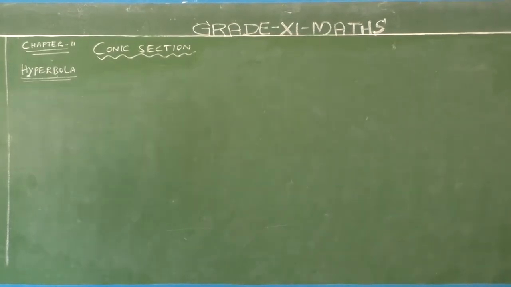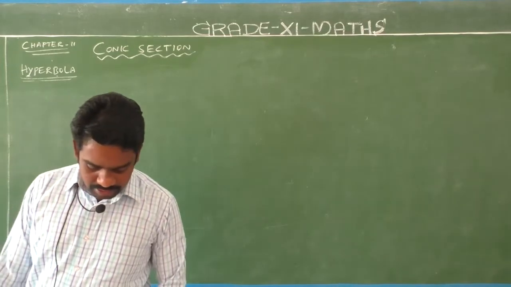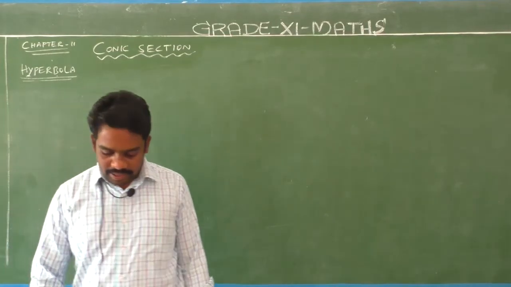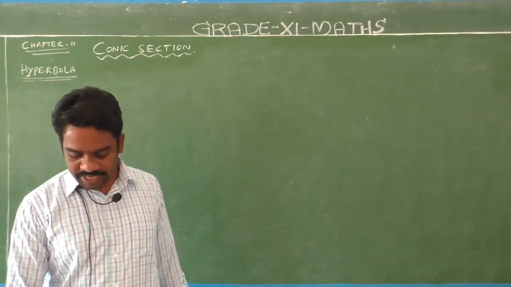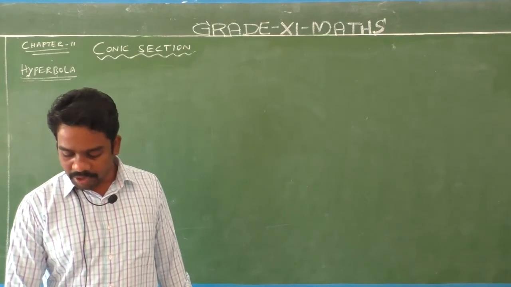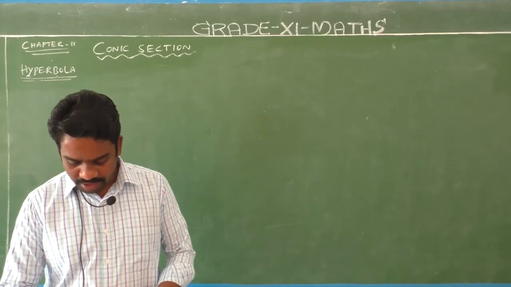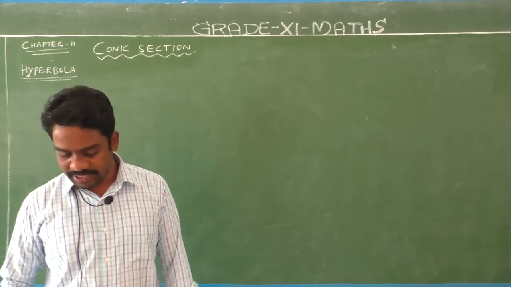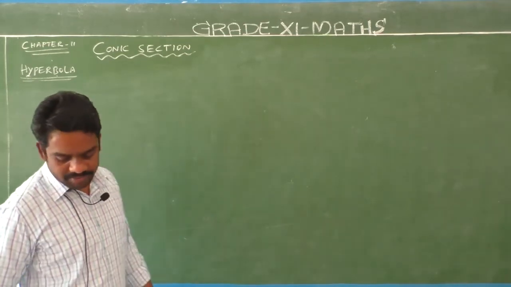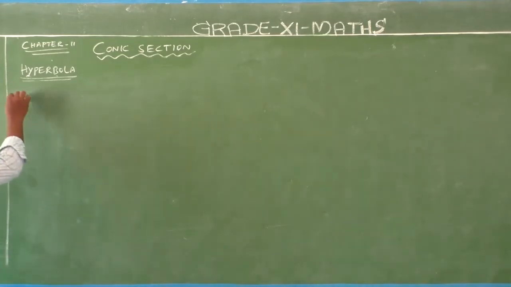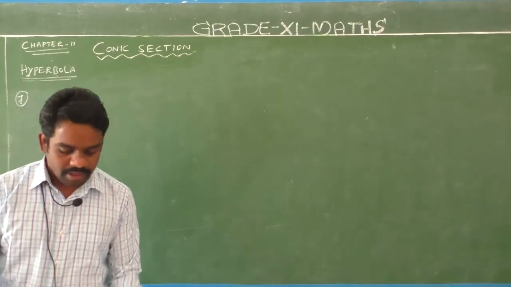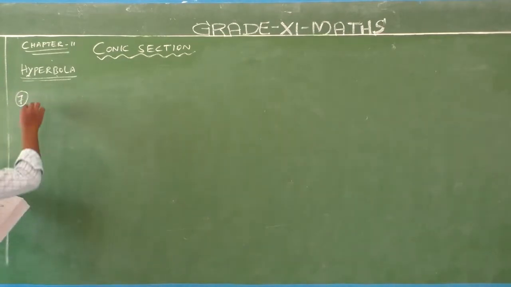Next, question number 7. In each of the exercises 7 to 15, find the equation of the hyperbola satisfying the given condition. Question number 7 to 15, find the equation of the hyperbola satisfying the given condition. Right, first one, question number 7. Given information: vertices